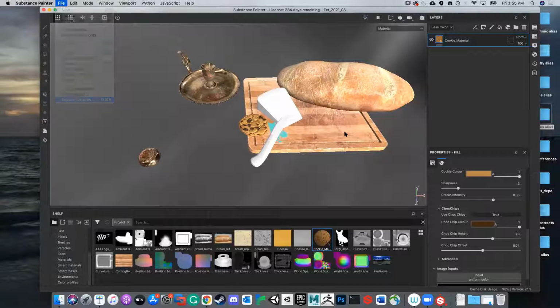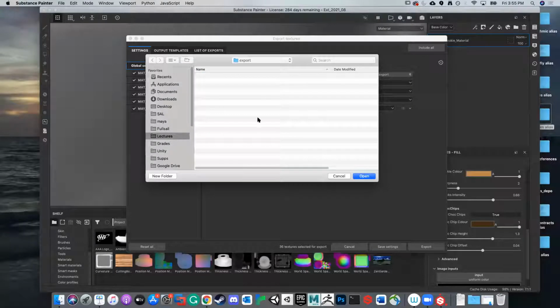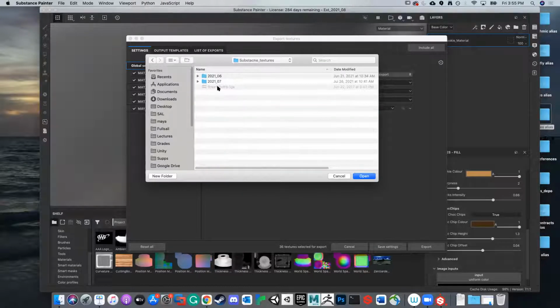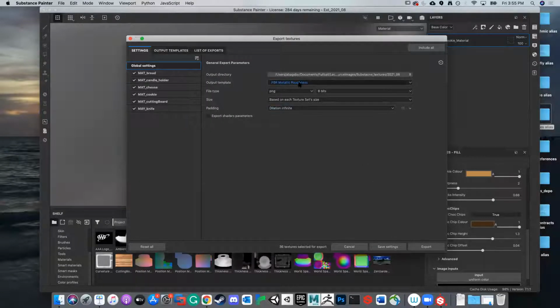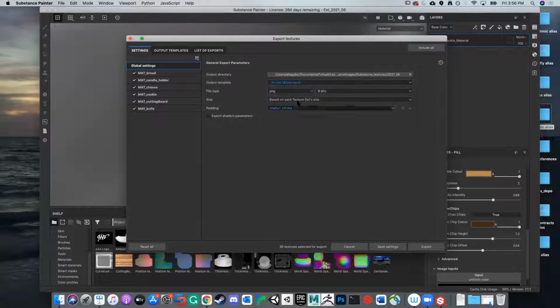All right, let's export our textures. Okay, so is this where I want it to go? No, I don't think it is. Let's go to my lecture folder, to my lectures lecture folder. I really need to fix that. To my Maya project folder, and then my source images folder, and then the substance textures folder, and then 2021-08, create, open. And we want to grab the exporter for, where is it? It's probably up at the top, actually. For Arnold AI Standard Surface, we want to use Targa's